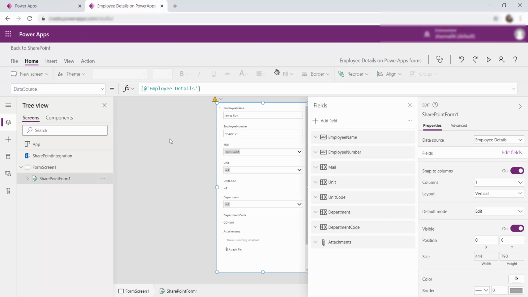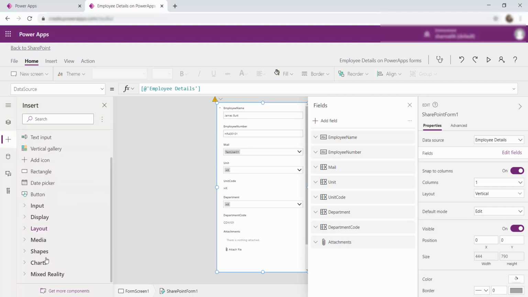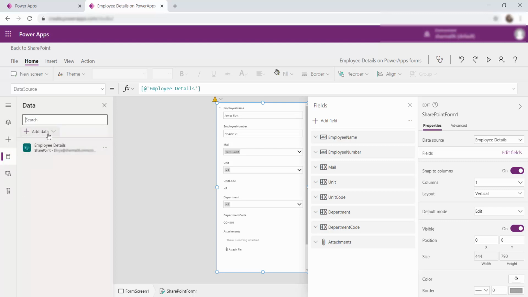Okay, now moving on to the leftmost area of the screen, you can see, which is the tree view. This particular section over here will contain the tree view of the controls present in our forms. This particular plus button is for adding controls. If you want to insert any control, you can click on that and you can make use of this section. And this particular cylindrical shaped icon is for adding data connection. So you can add any kind of data connection, and this is for the media control, and this is for any advanced tools that if you want to add into your app.